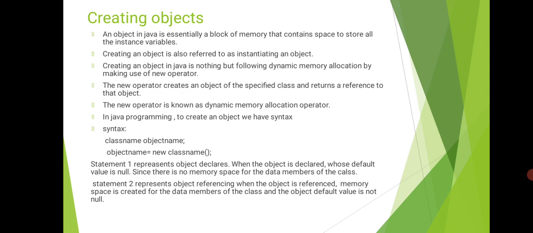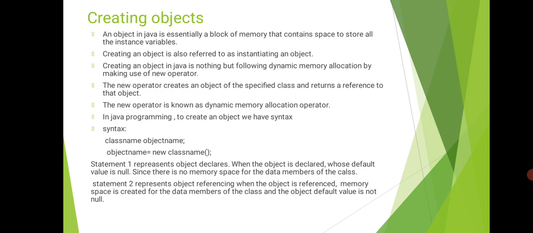In objects we see both the data and methods. So instance variables and methods. So instance variables ಗೆ memory allocate ಮಾಡೋದು objects ಇಂದ, objects create ಆಗೋದು new operator ಇಂದ. So the new operator is known as the dynamic memory allocation operator.